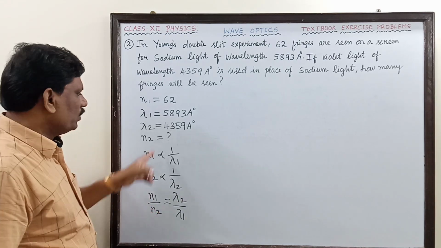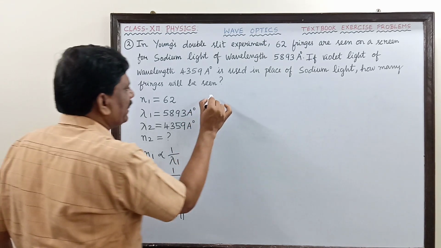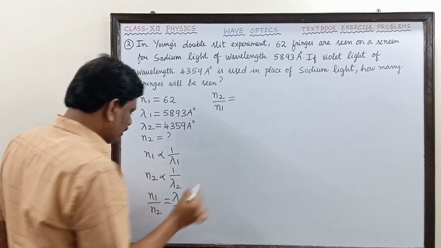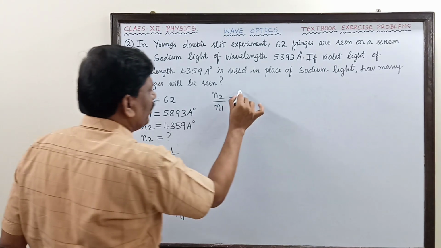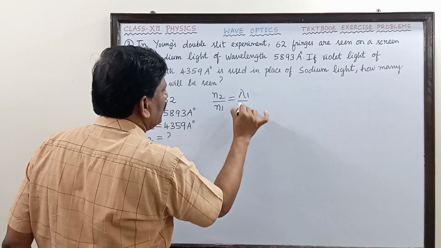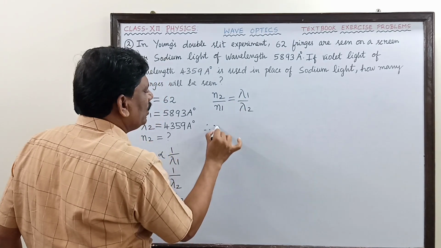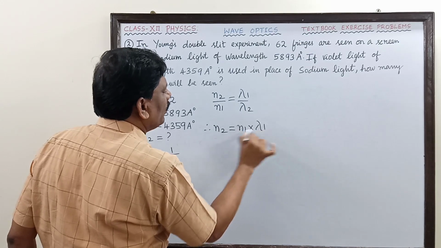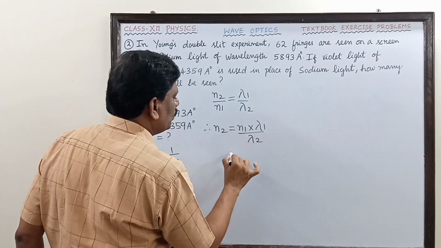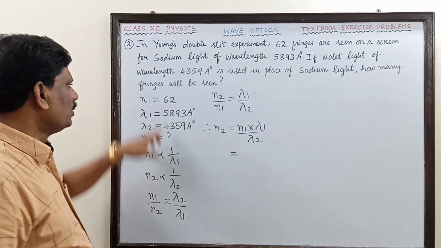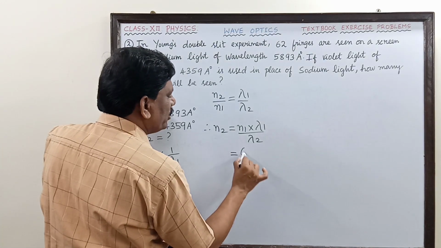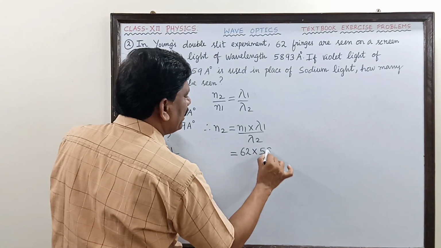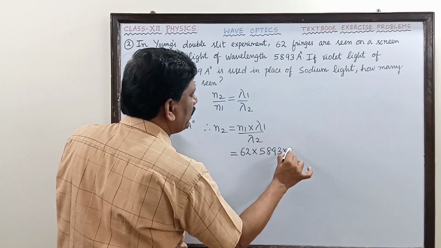We need N2, number of fringes in the second case. So I will take N2 by N1 is equal to lambda 1 by lambda 2. Therefore, N2 is equal to N1 into lambda 1 divided by lambda 2. So we have to substitute N1 is equal to 62 into lambda 1 is 5893 into 10 to the power